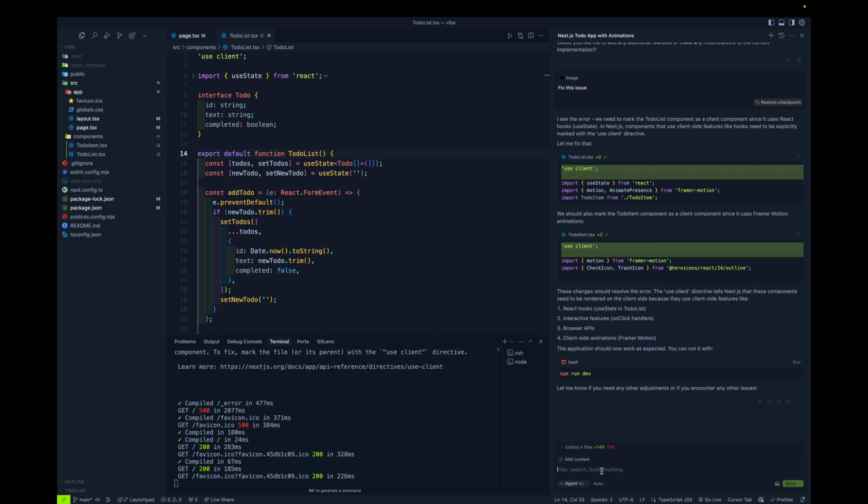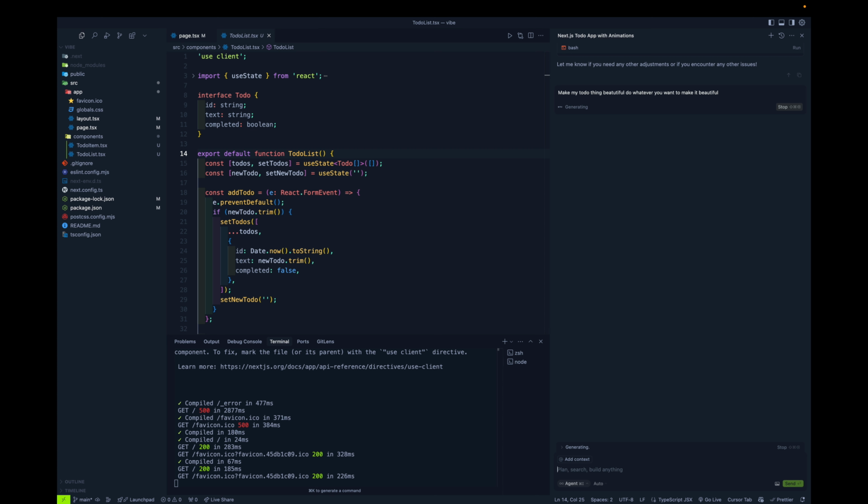Let me just give it a prompt. Okay, make my to-do thing beautiful, do whatever you want. Okay, this is the prompt which I gave. There are a bunch of other developers who are very new to those things. Use this particular parameters, or let's say prompt, and basically enhance the UI. So